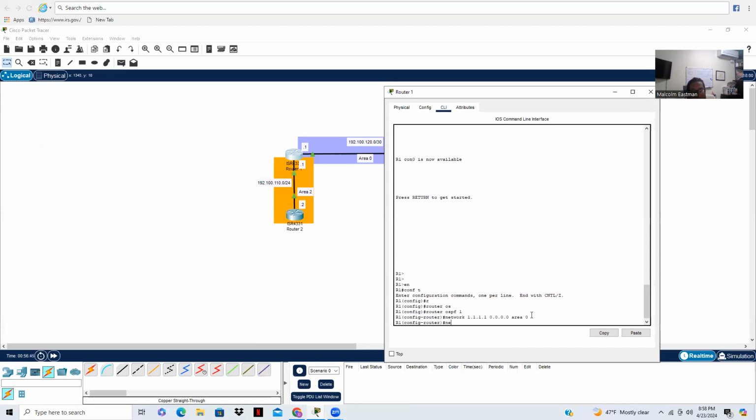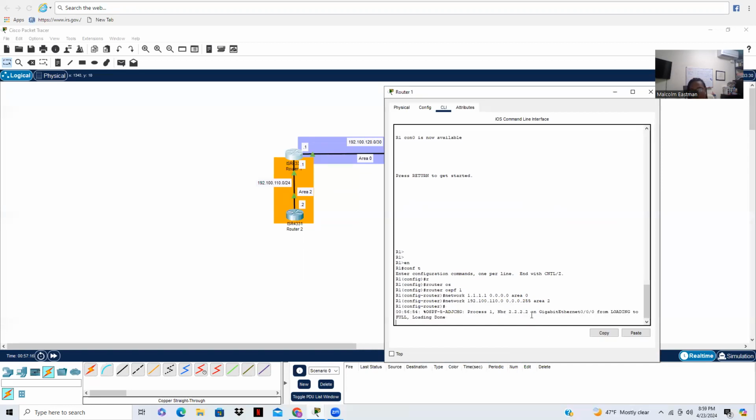And then I want to advertise 192.100.110.0, with wildcard mask 0.0.0.255, and then this is area 2. And as you can see here, our OSPF adjacency worked. These two routers are now communicating using OSPF,